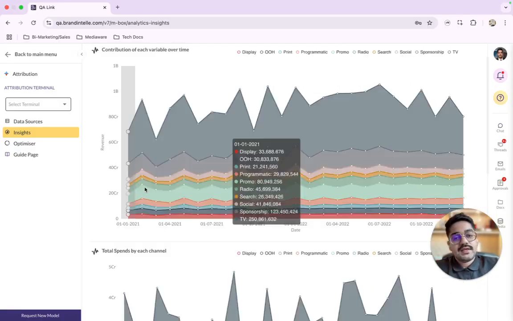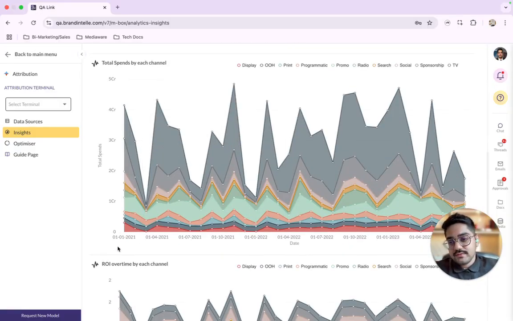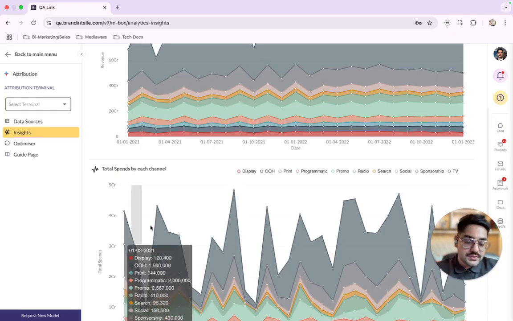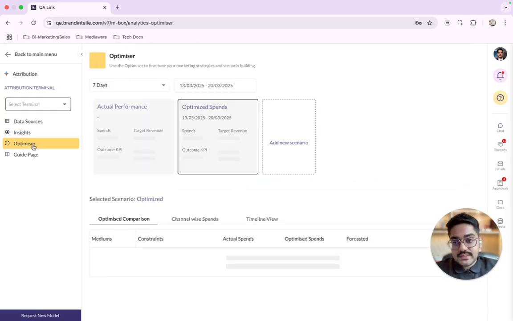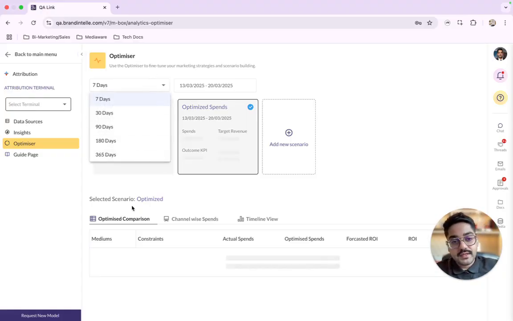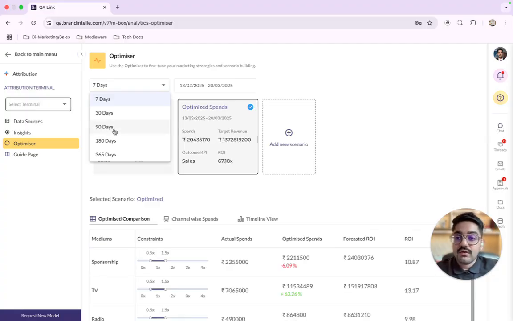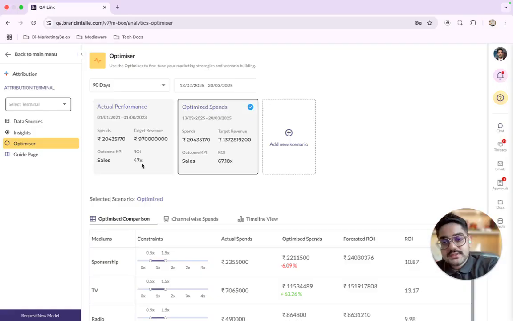Now, enough of looking at the past data, right? So the end objective of this is to take more data-driven decisions, right? So that's where the optimizer comes in, where the optimizer is a live view of building multiple future scenarios to make more data-driven decisions. Just to give you an example of how the optimizer works, in real time it's going to let you choose what your evaluation period is. Your evaluation period could be 7 days, 30 days, 90 days, and basis your selection, it will fetch all of the data from the Brand Intel operating system, from the integration with the CRM,